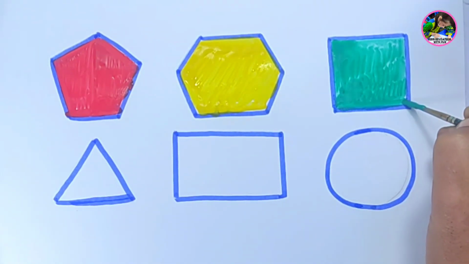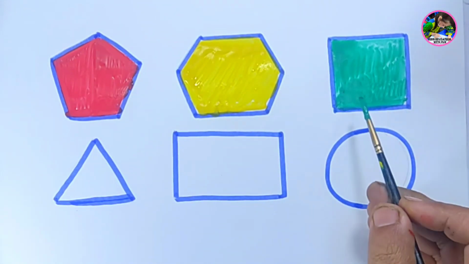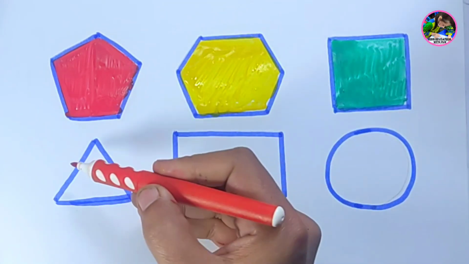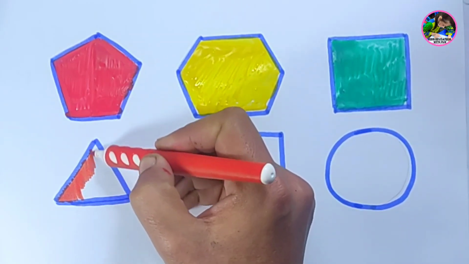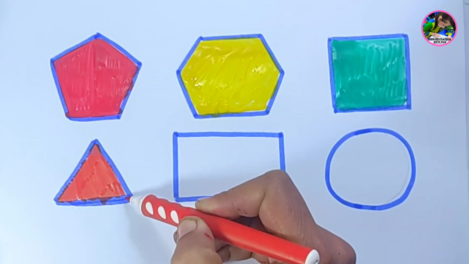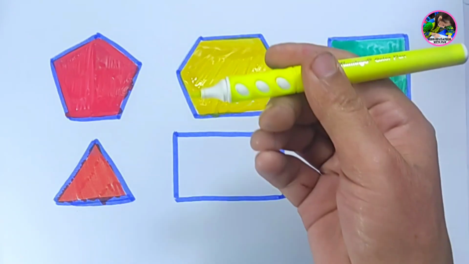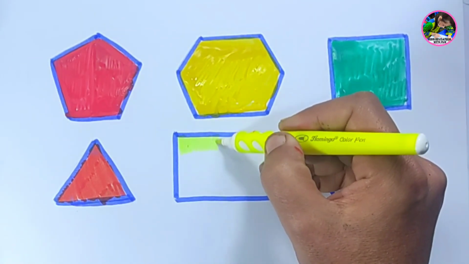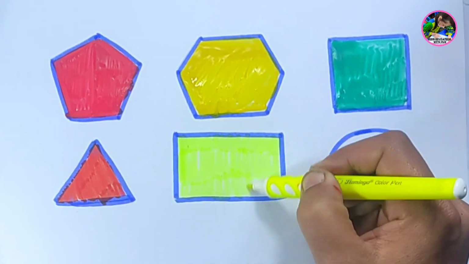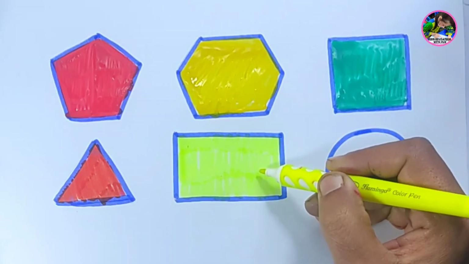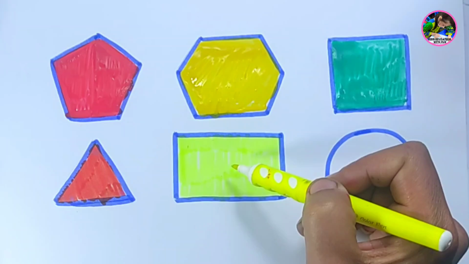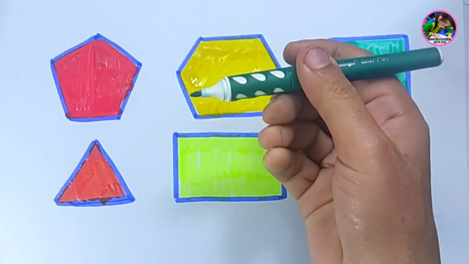As well, I like watercolors. Dark green color, square. Red color, triangle. Yellow color, rectangle, but the actual yellow color is this one. This is a bit greenish yellow. Dark green color,